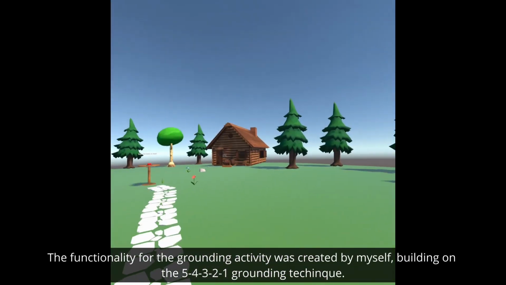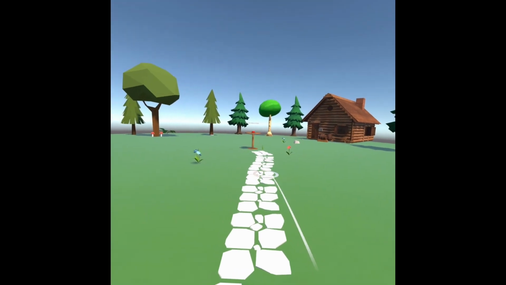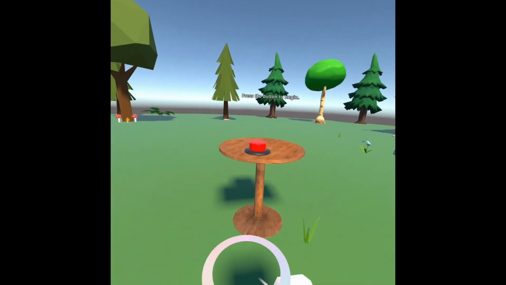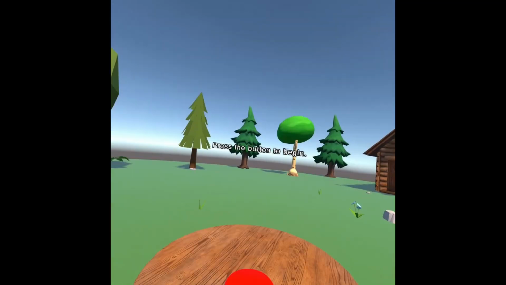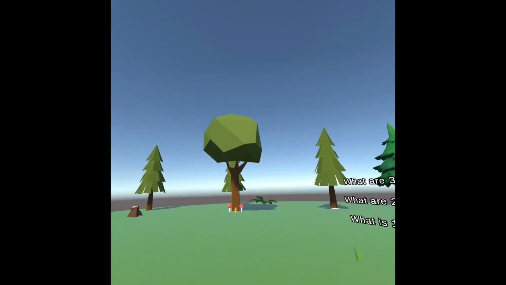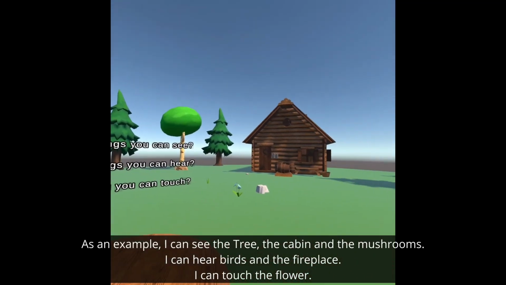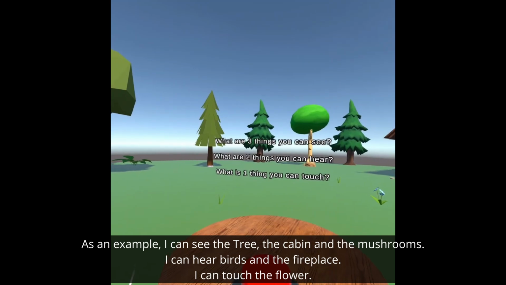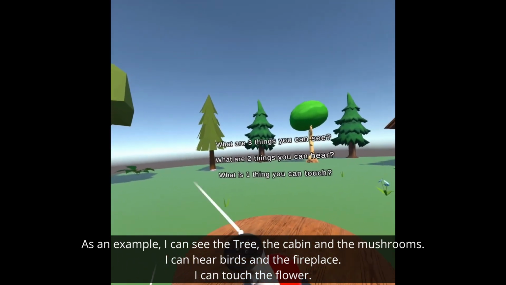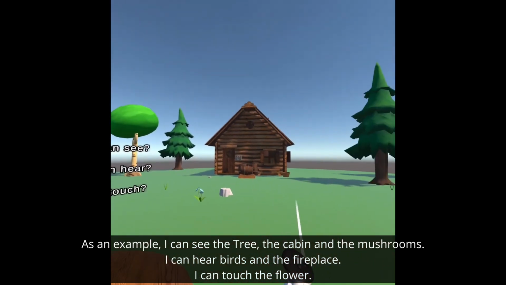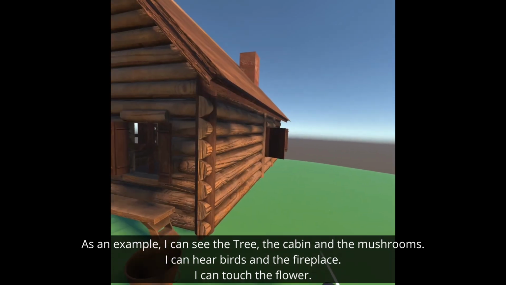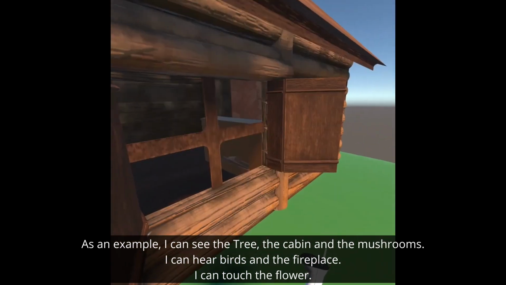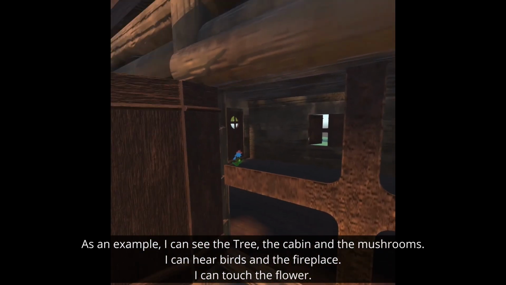The grounding scene builds on the common 5-4-3-2-1 grounding technique for regaining focus and calming the user by engaging their senses. Given the limited capabilities of the VR headset, this has been reduced to a 3-2-1 activity, building on sight, sound and touch. On the user interacting with the button, the activity starts and prompts are displayed to the user, with